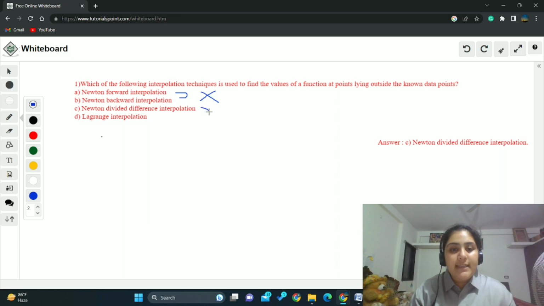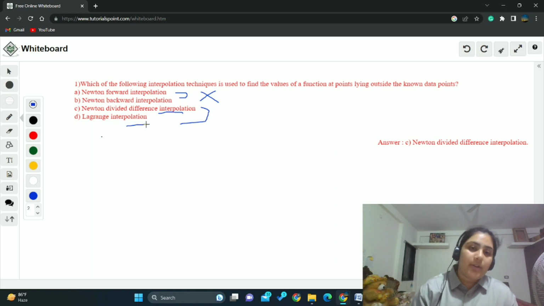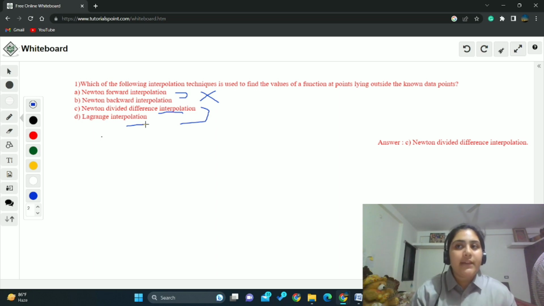Coming to option C and option D, Newton divided difference interpolation and Lagrange interpolation. These techniques are used to find the value of a function at a point lying outside the known data points. This involves constructing a polynomial using divided differences, and this involves constructing a polynomial using Lagrange basis polynomials. Both C and D could be the answer, but the most appropriate one would be the Newton divided difference interpolation